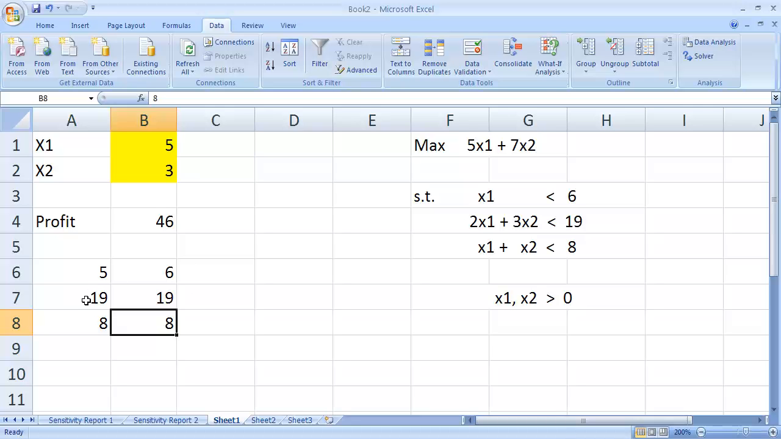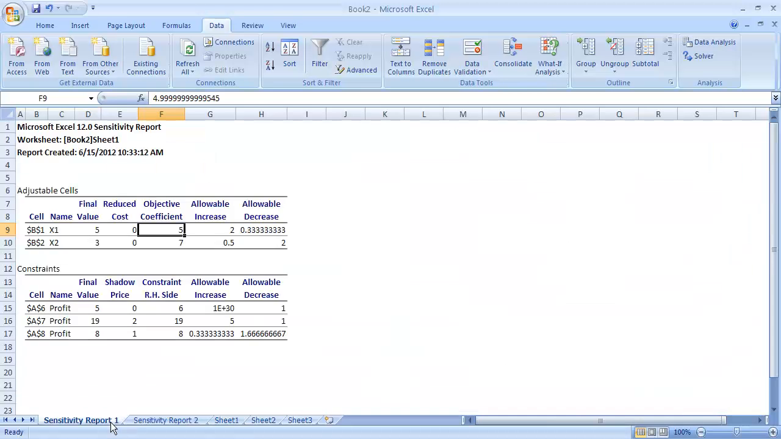Looking at this real quick, we can recognize that these last two constraints are binding constraints because we're using every bit of the capacity of those two. However, this first constraint, we're only using 5, and it has a limit of 6, so we have a little bit of slack there. Actually, the slack doesn't show up in the sensitivity report, I take that back. Let's talk next about the